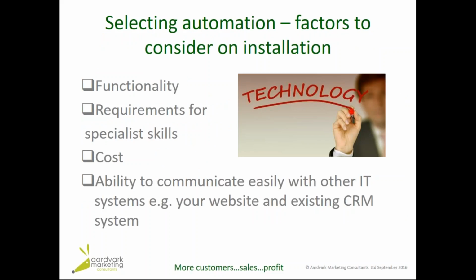Okay, so if you want to choose automation systems, there are lots of different systems on the market. Some of the things you need to consider, first of all, is the functionality. And I always say have two lists. Have an essential list: we must be able to do X, Y, and Z, and the desirable list: it would be nice to have A, B, or C, for example. And then there's requirement for specialist skills. So you might have some skills in-house, you might have to train people in-house, you might have to buy in external support. And usually an SME will be buying in external support at this stage.